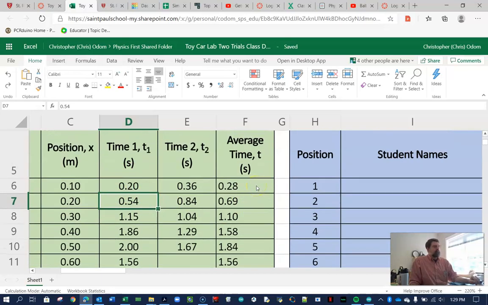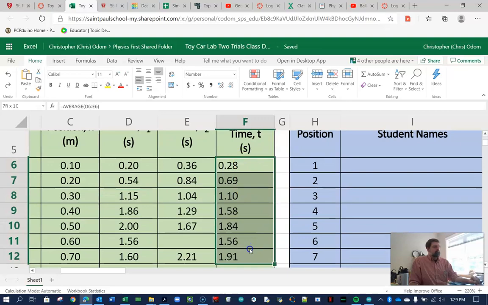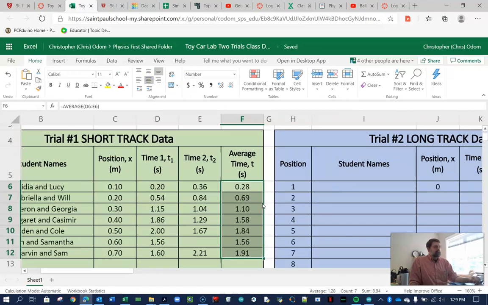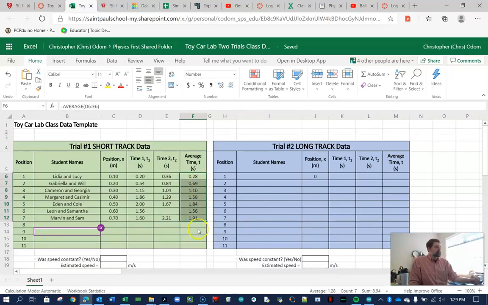All right, so now we have our time data. I'm going to delete this now because I want you to do the averages. So I want you to calculate the average just like I showed you. What I would recommend is that you either change it on your own, or go online and download this fixed